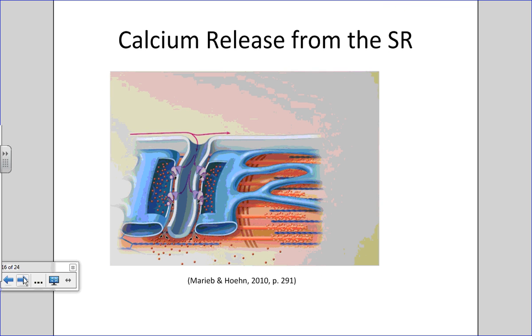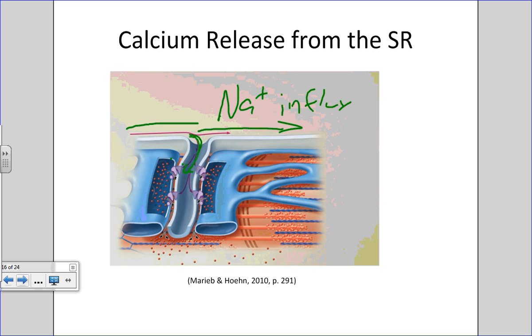So what's going to happen then, as this action potential is propagated along, that action potential will travel down the transverse tubules. Remember, we talked about this influx of sodium. There are gates located all along, basically in between these transverse tubules and the sarcoplasmic reticulum. As that wave of depolarization propagates along the sarcolemma, or the cell membrane, it's also going to travel its way down the transverse tubules, and then that wave of depolarization will cause these